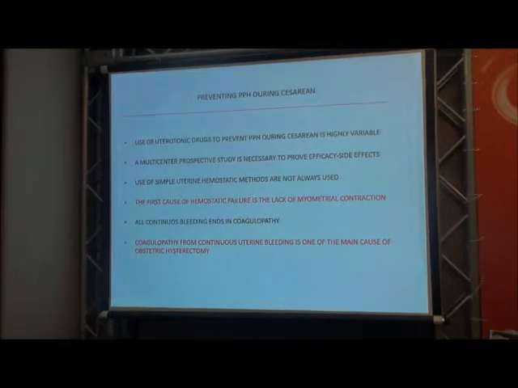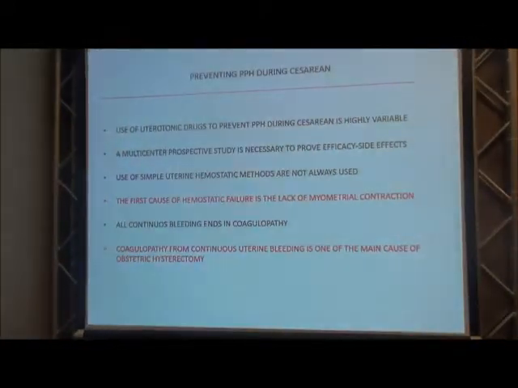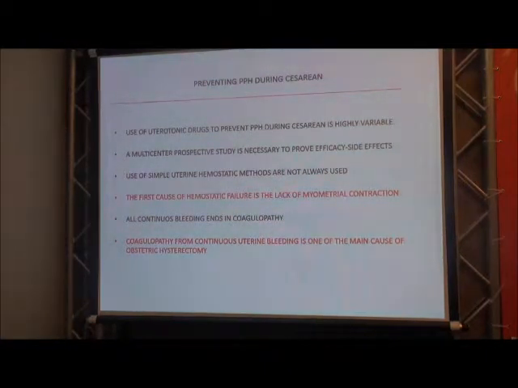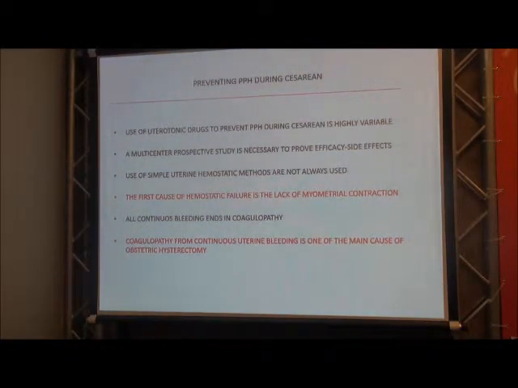The first idea that we need to have is the use of uterotonic drugs to prevent postpartum hemorrhage after cesarean. There are a lot of papers that mention different types of drugs, different side effects, different combinations. But it is very important that you know that the protocols are very, very variable. And it is very important that you understand that the first cause of hemorrhage is a failure and a lack of